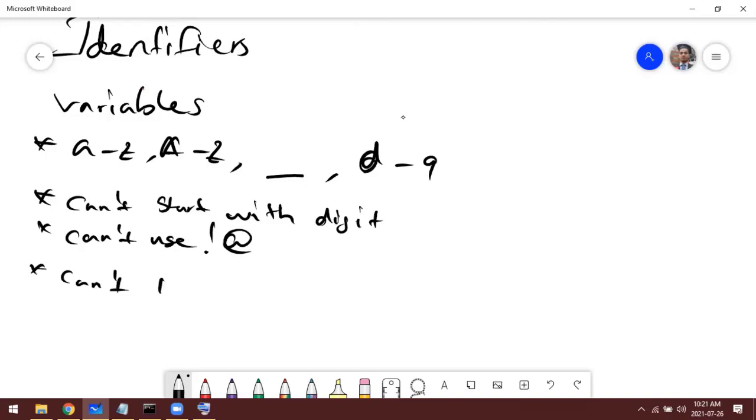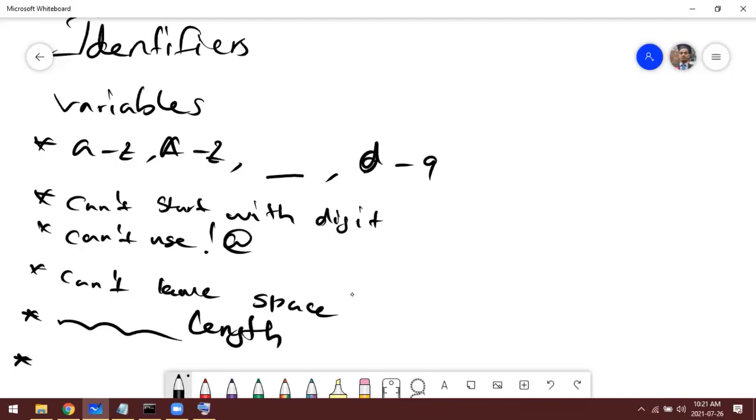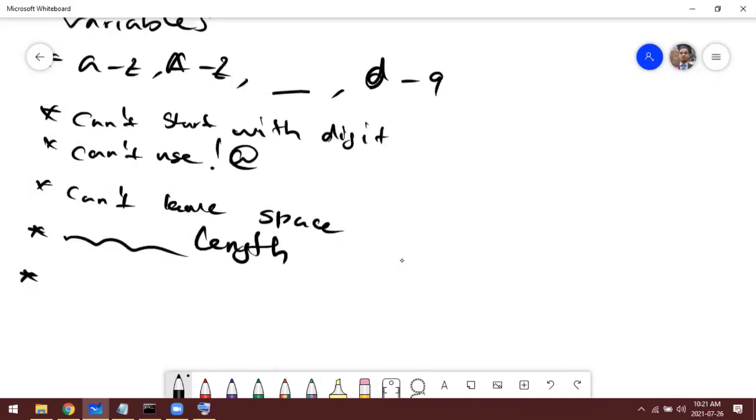You can't leave space. It can be any length. Okay, that's all I think. So these are some of the rules that we have to follow when we give naming.